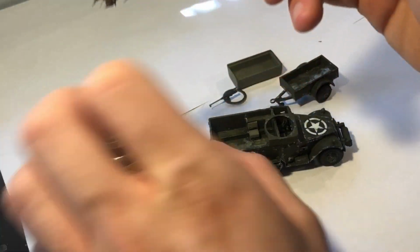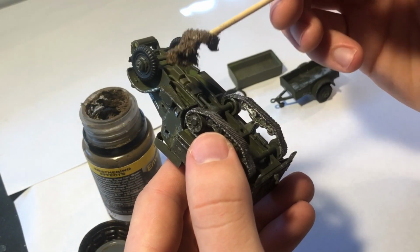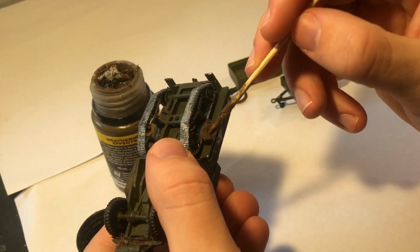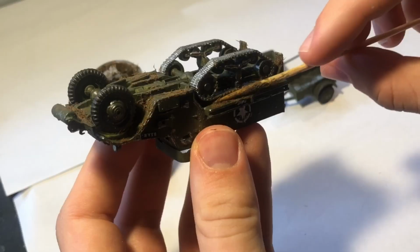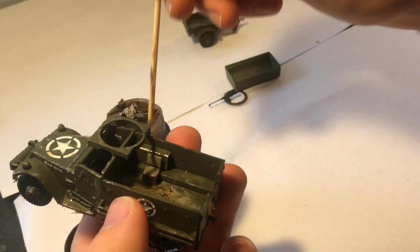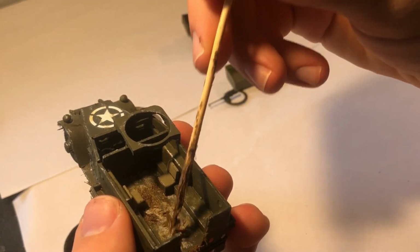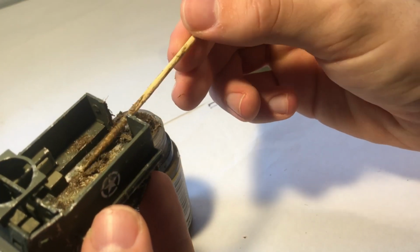I also applied it to the tracks before I later corrected them, and after it had dried, I then got out some Vallejo mud and grass effects and used a cocktail stick to apply it into the areas where the tracks are and the road wheels are, which would be likely to get very muddy and dirty. I also applied it into the fighting compartment because a lot of the soldiers would be traipsing in mud and